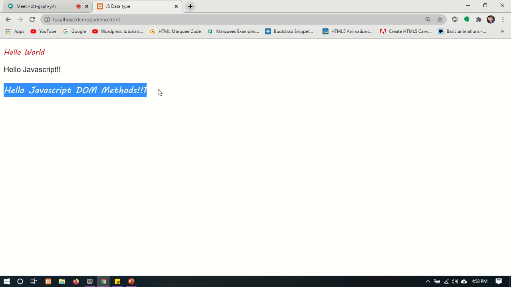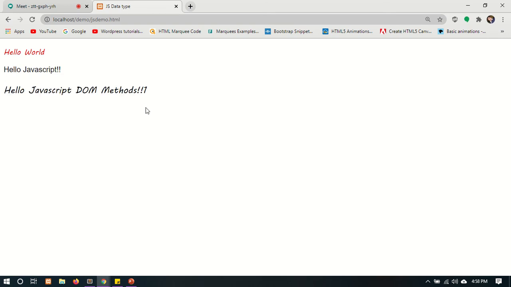Its font size as larger, so yeah, it is shown in the larger. Second paragraph I have changed the font family, and third paragraph I have set the font size. I've changed the font size. So